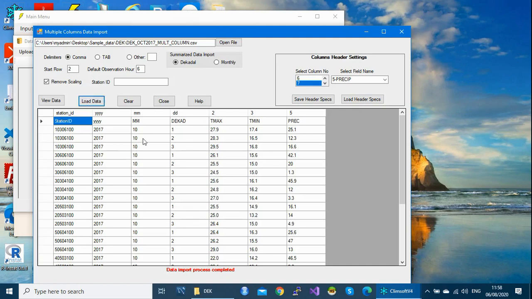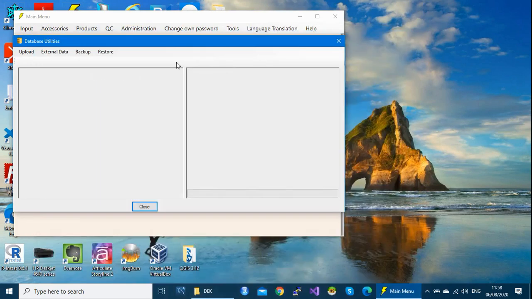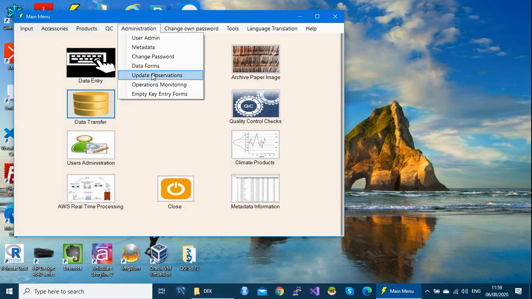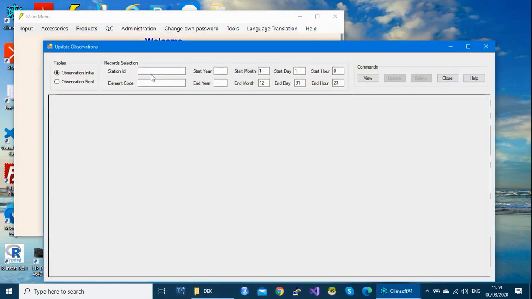So remember, we have the year 2017, October. So let's go and check if our data were really imported. Administration, update observation. So put that station 10306100.